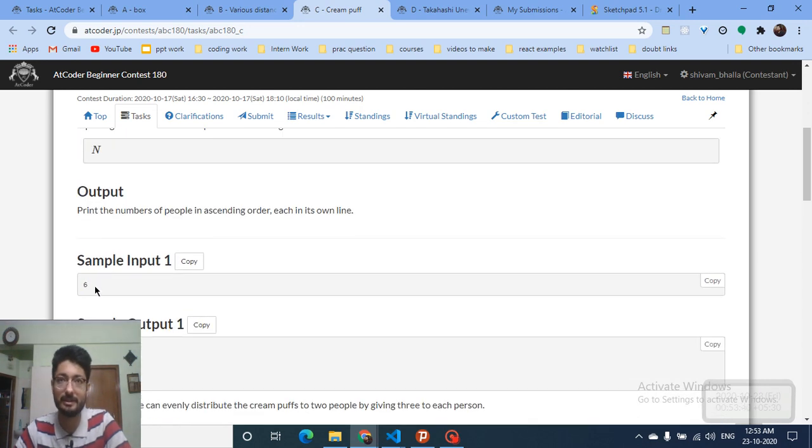Now suppose I say, divide them among 5 people. How can you divide 6 cream puffs among 5 people? Everyone has to get an equal amount. But if you have 1 person, you can give all of them the cream puffs. If you have 2, if you have 3, if you have 6, it works. So it actually means that you have to find the factors of 6.